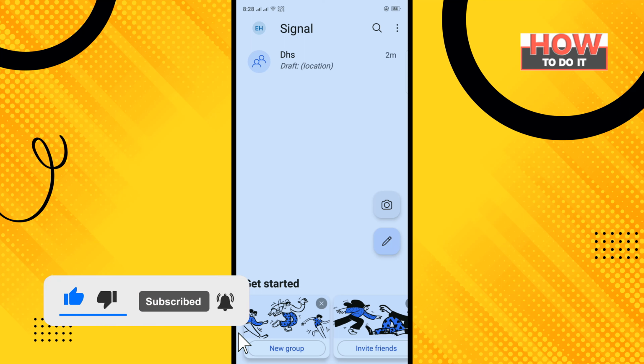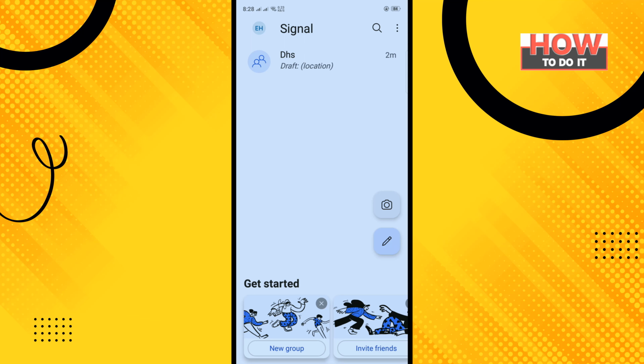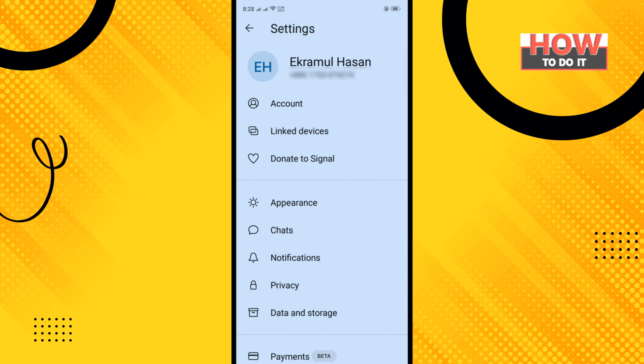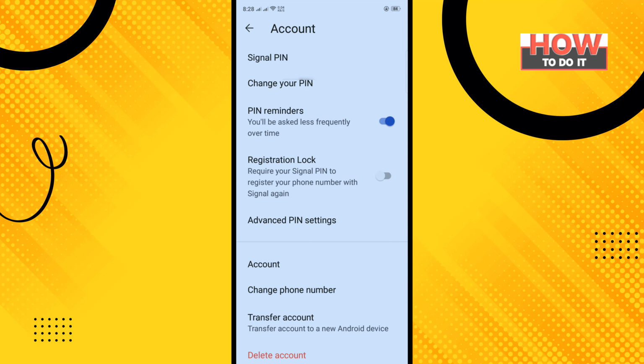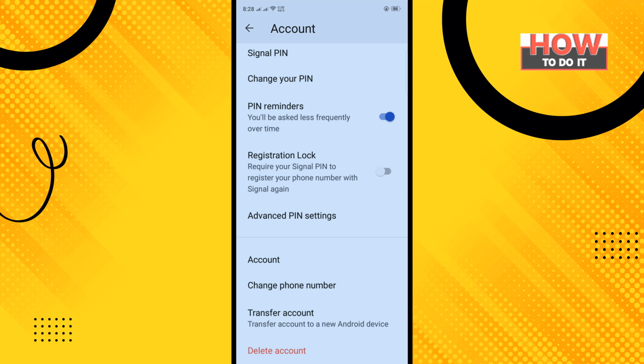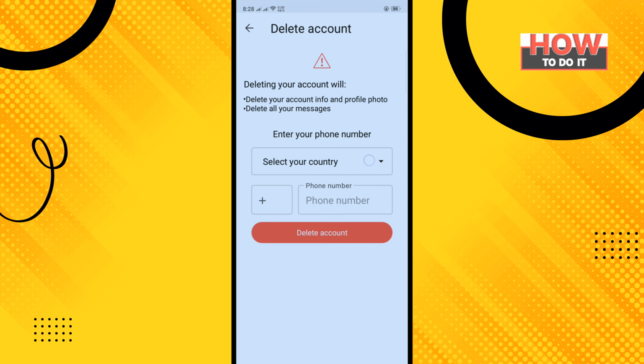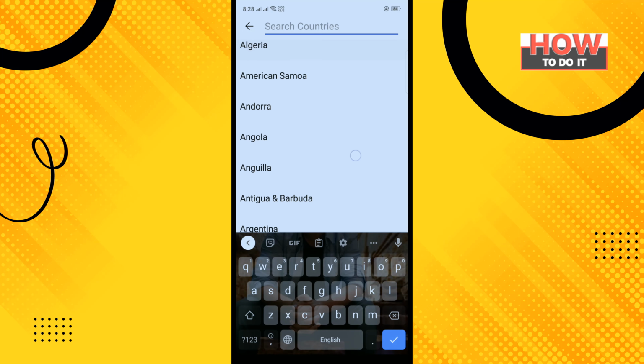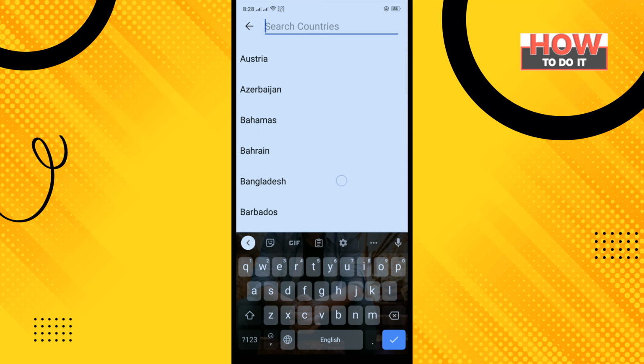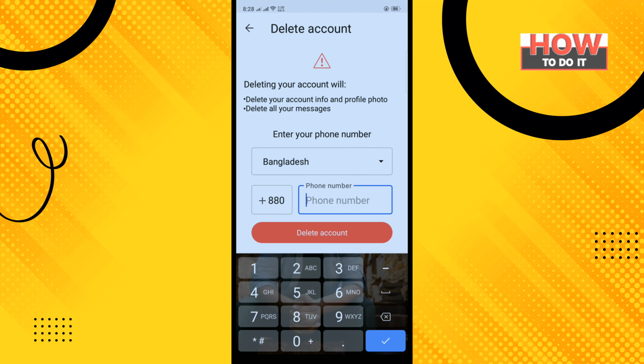How to do it: so open your Signal Messenger app and tap on this three dot icon to the right hand corner. Tap on settings, tap on account, scroll down, tap on delete account, and select here your country and enter here your Signal account phone number and tap on delete account,